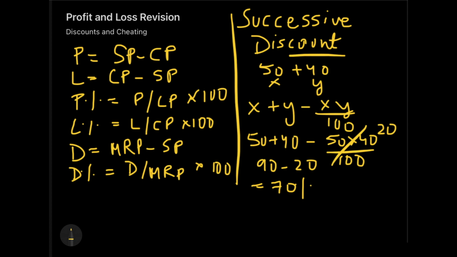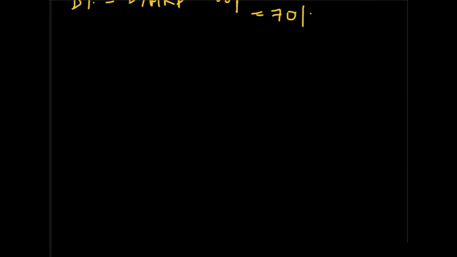All right, when the successive discount is completed comes another topic which is called cheating percentage. I'm pretty sure that you people will be aware of the kind of questions where, if the weight of the item is like, you are using a faulty measure or something like that. I'm not taking up that now, because faulty measures are found in every single book. It's very, very simple also, and you can find it everywhere. Now something which I saw in few questions and couldn't find in many books was the cheating percentage.